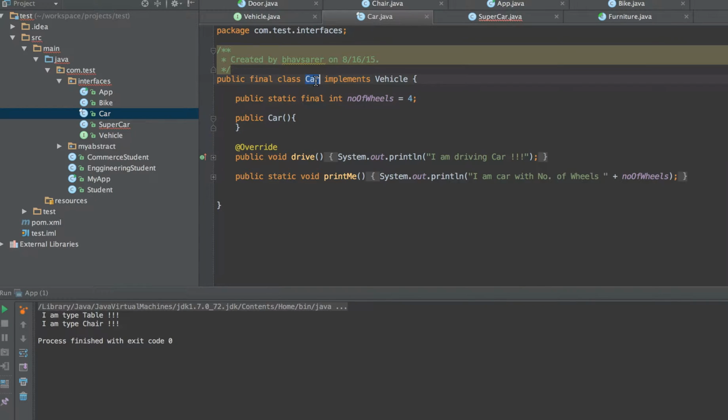So if you have a class which is declared as final, you cannot extend it. If you have a variable which is declared as final, you cannot change the value of that variable. You can also declare a method to be final. Say for instance you have a method over here and then you are declaring a method to be final. So your drive method is final,